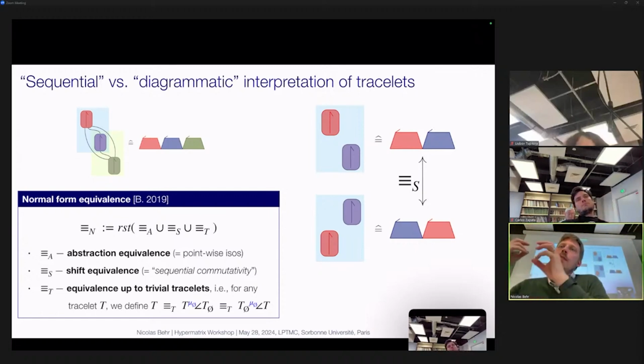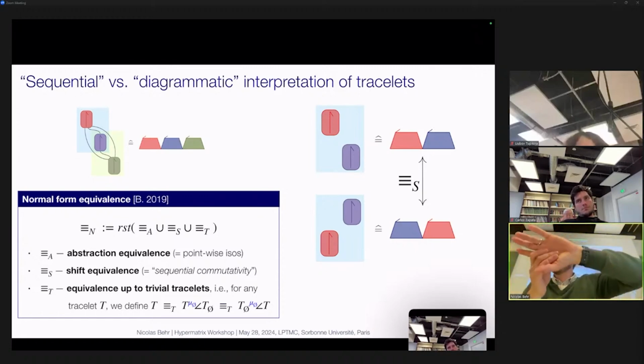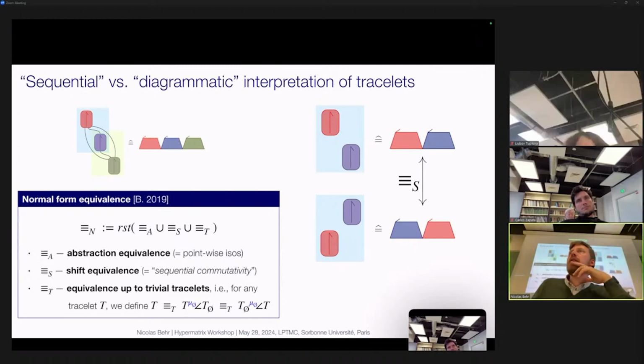And on top, of course, there's one special trait, which is if you do nothing, really nothing. You ask nothing, you do nothing, and you have many copies of that. You probably just don't want to keep more than one copy, right? Or if you execute in parallel do nothing, which is a null round in the simulator, with do something, then you just want to keep the do something. Putting all of that together and putting in an equivalence relation, it turns out that this particular kind of structure precisely gives rise to a combinatorial Hopf algebra.